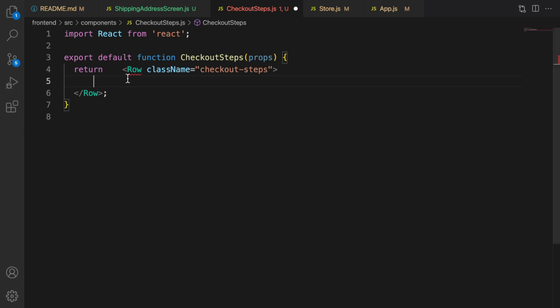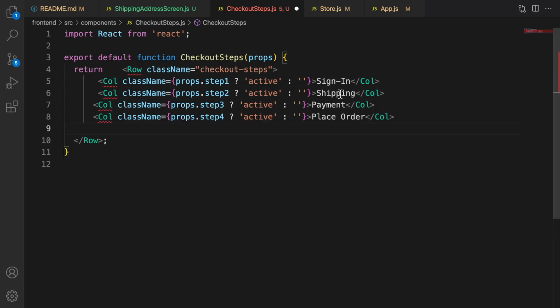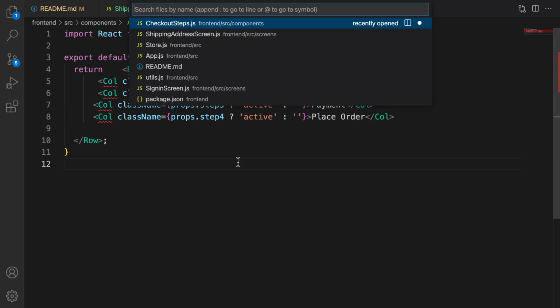The first column is sign in. The class name is conditional. If props.step1 is true, the style of it is active, otherwise it's inactive. Do the same for other steps. They are shipping, payment, and place order. Then go to